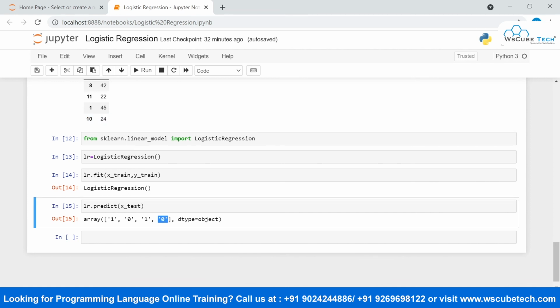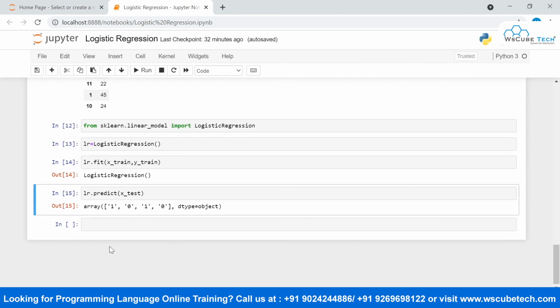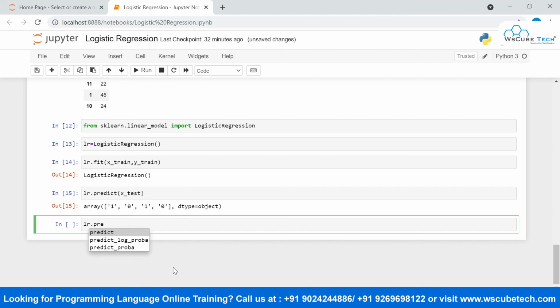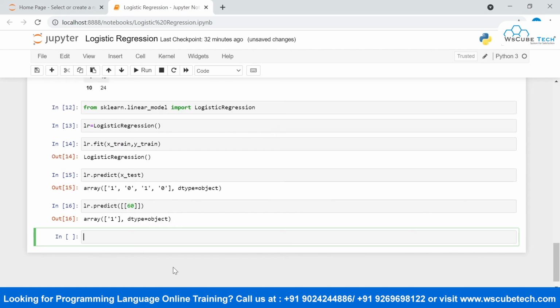This is how we got the prediction for the test data. You can even predict any value of your choice. If I say lr.predict, you need to pass it in 2 dimensions. So say, for example, predict 60. See, it says that he is likely to buy the insurance.